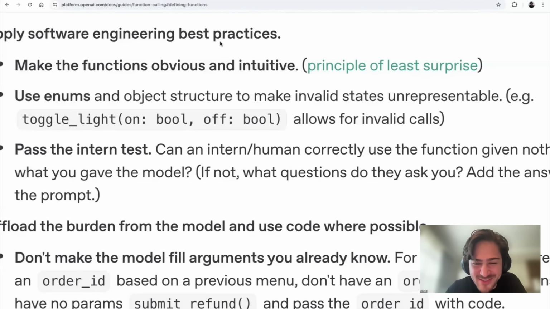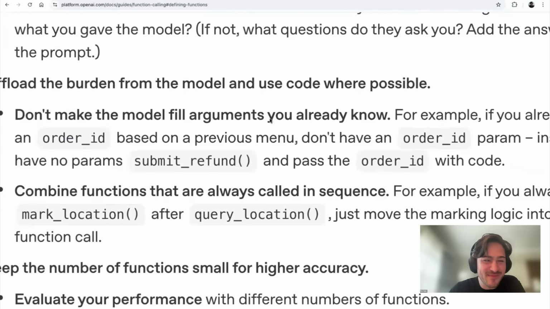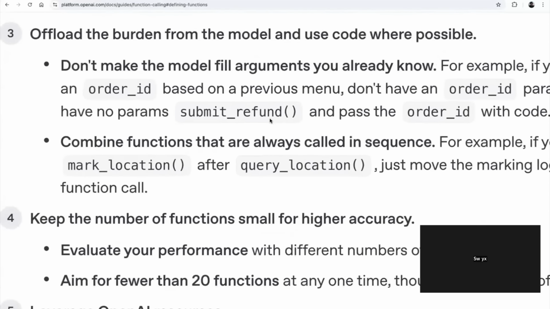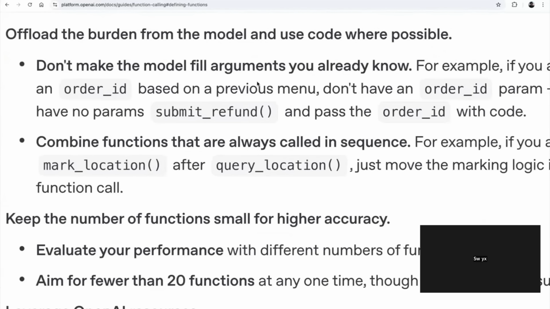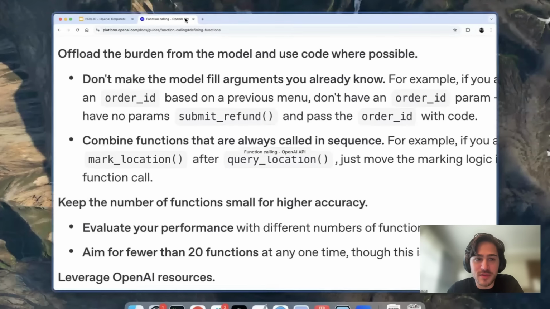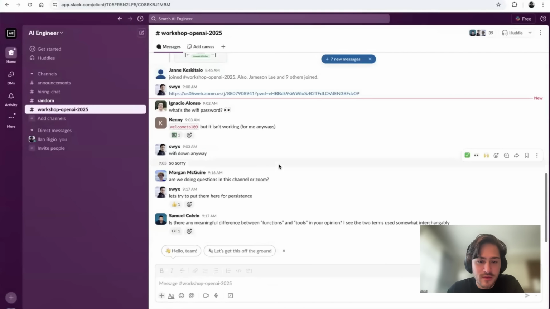Okay, still no questions. It's Swix. Okay, great. Actually, sorry, there are a couple of questions in the Slack, because I saw a routing conversation. Here, maybe let me see if I can pull up the Slack.